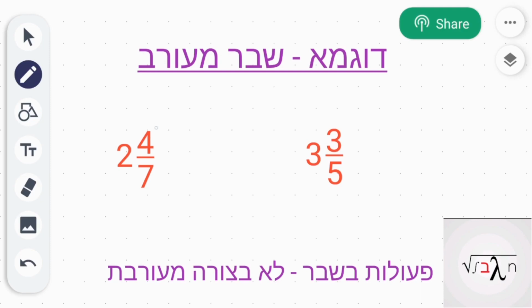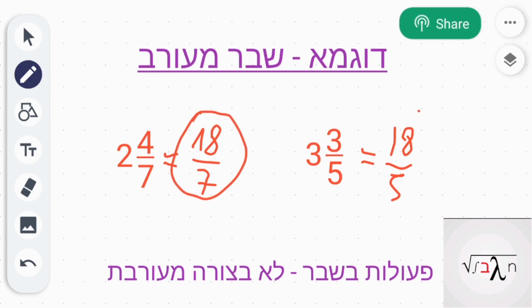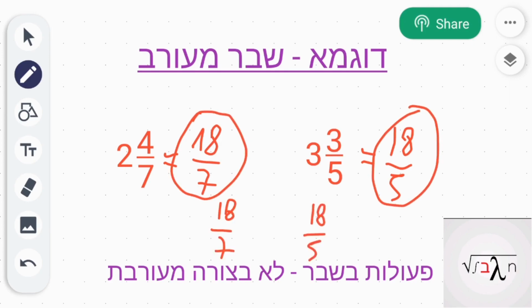2 and 4/7 as an improper fraction will be 2 times 7 plus 4, which will be 18/7. On the other hand, 3 and 3/5 as an improper fraction, 3 times 5 plus 3, will give us 18/5. Now we have to compare 18/7 to 18/5. If we do the X multiplication,